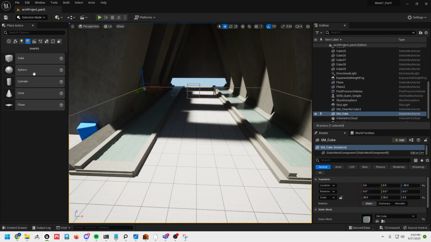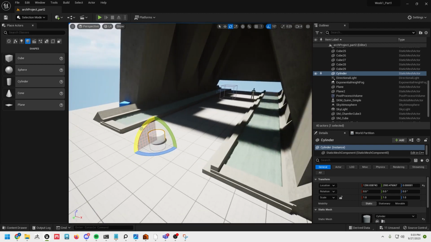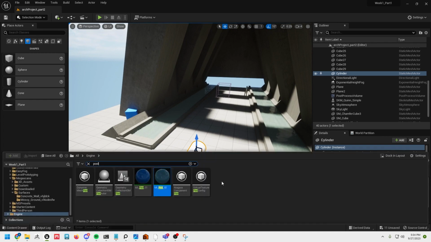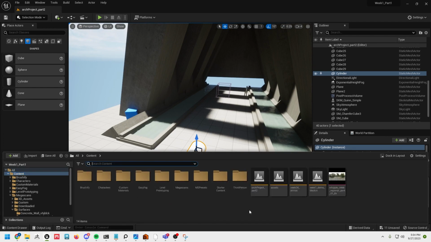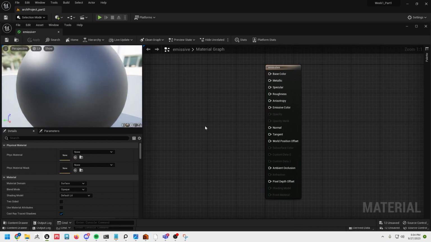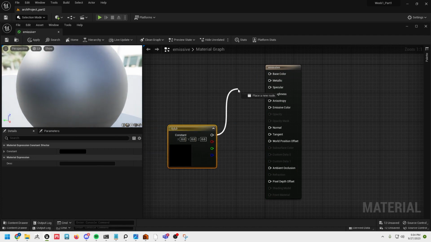And I think the last piece of the puzzle, I'm going to drag in a cylinder and make just one emissive light here. So I want to put some light under the water. To do emissive, I'm going to go back up to my master content folder here, right click, material, we'll just call this emissive, double click, and I'm going to take a 3 vector, and then plug this into emissive,